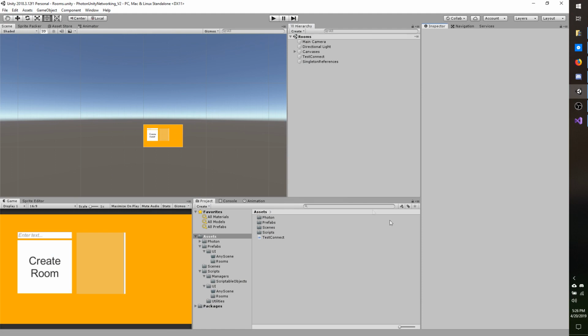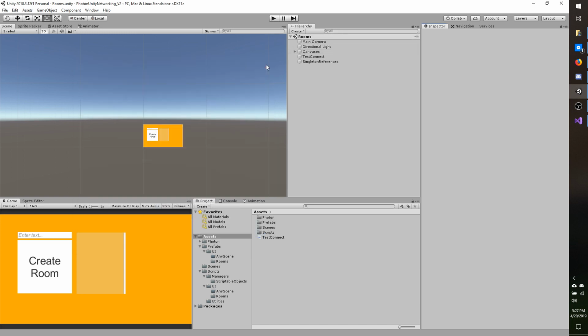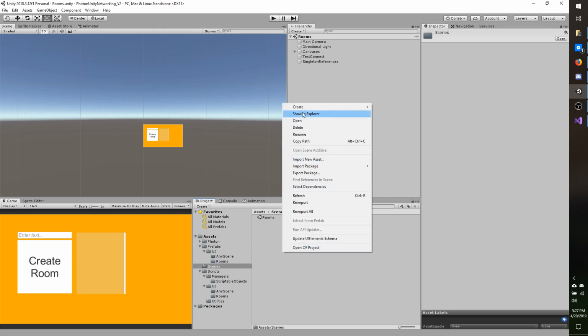In order to demonstrate scene transition, we are going to, of course, need another scene. If you haven't done any builds yet, go ahead and go to File, Build Settings, and make sure you add your open scenes to your builds. So you should have scenes/rooms or whatever your first scene is. Then go ahead and close out of Build Settings, go to your Scenes folder, and then create a new scene,